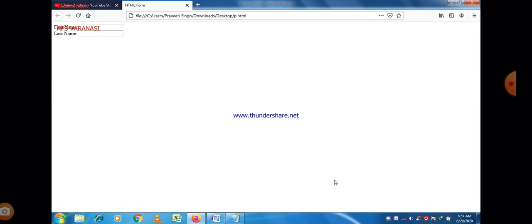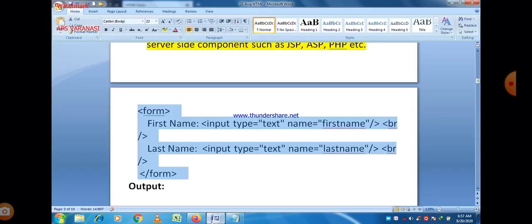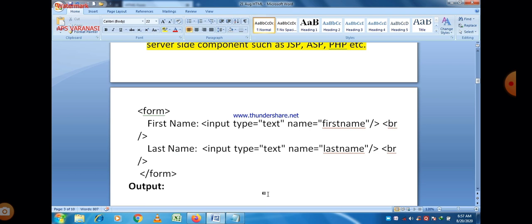It is because within the HTML input element we just write type is equal to text, and the names of the text fields are given just after the form, as you can see on the screen.